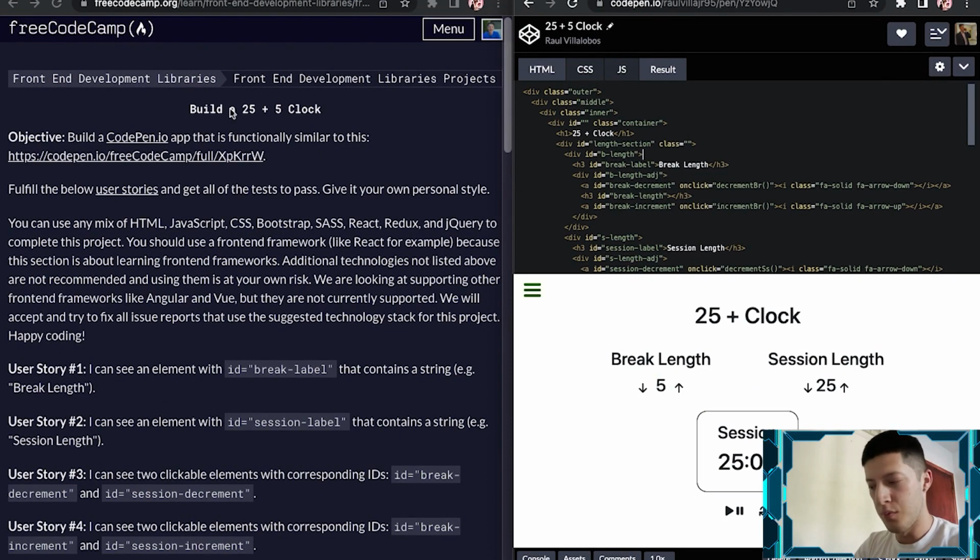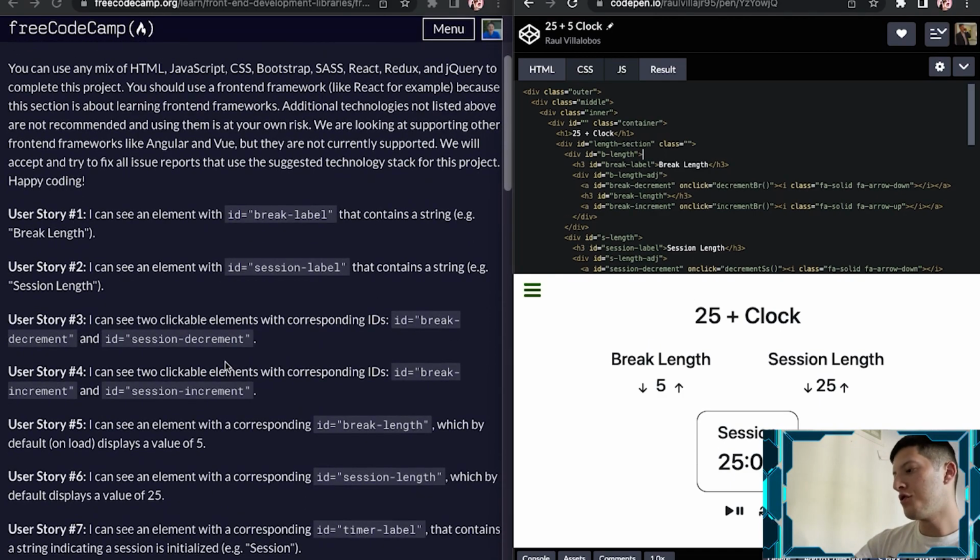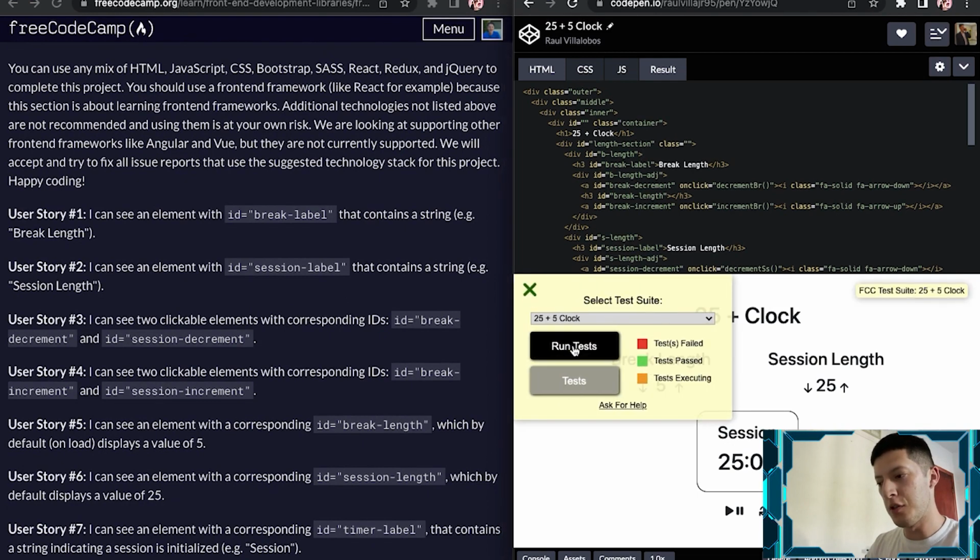It's a Pomodoro clock, but they call it the 25 plus 5 clock. It's a project for Free Code Camp, and now I think this is the second video I make on it. I've been really trying on this one, and it got to a point where I felt like I wasn't making progress, so I made a little checklist. So right here, user stories are things you gotta check off in order for the test to pass. This is how you check for your test. But the thing with this one,